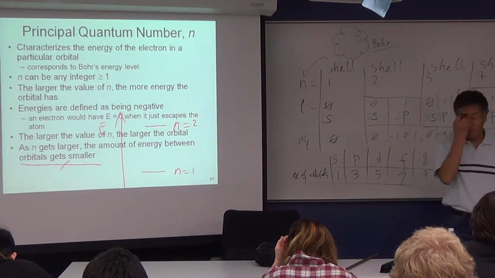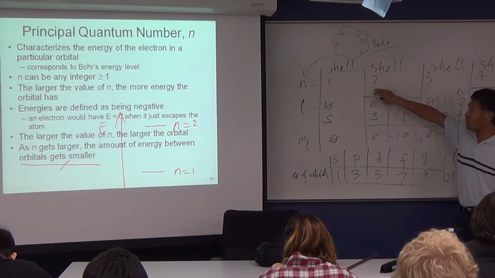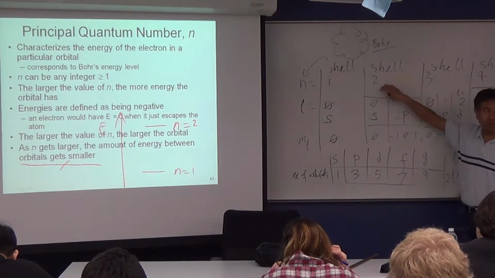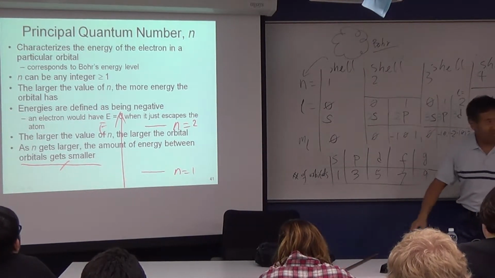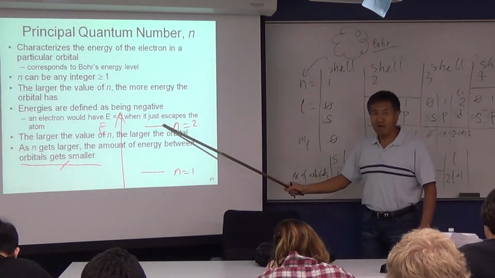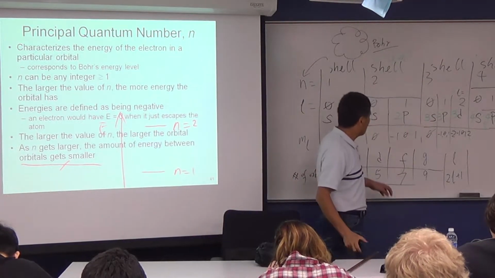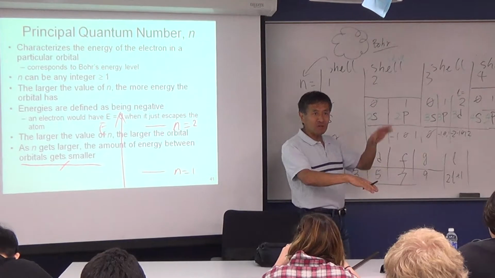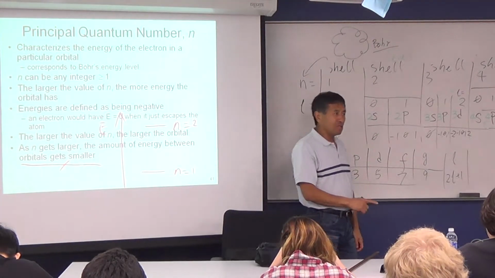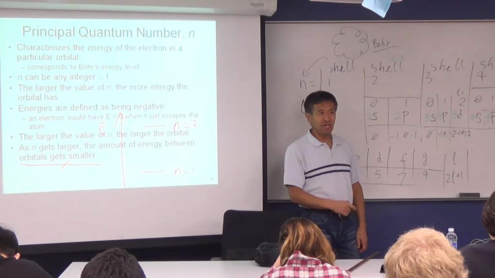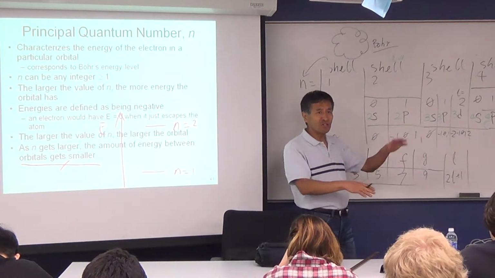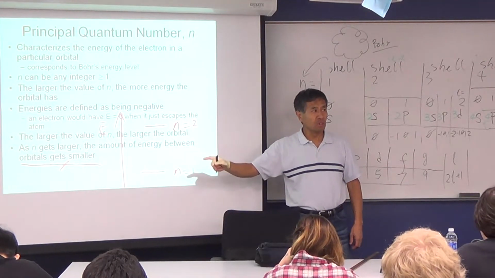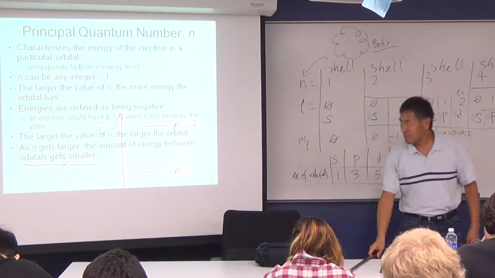When you draw n is 1, there's only one orbital, that 1s. When you draw n is 2, this line represents different orbitals in it. You have those 2s and 2p. So 2s and 2p might have different energies. But in the simple problem, like for the H atom, 2s and 2p have the same energy, so therefore I just draw one line for n is 2. Just to show you this idea, what we mean by that.